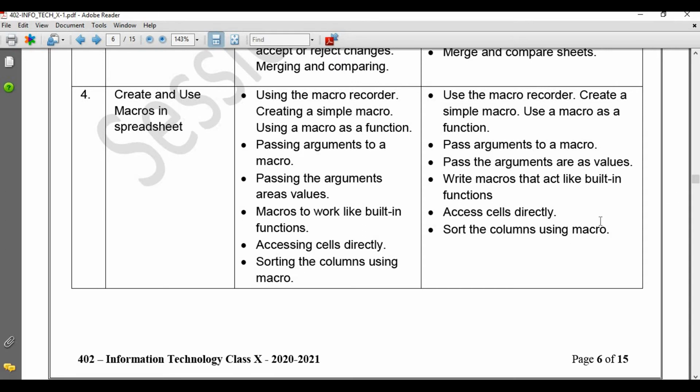But suppose anybody says, can you create a built-in function now? I say no. Why? Because to create a built-in function we need organization-level access or coding. Then only can we create a built-in function. Or after creating a built-in function, you have to add this function in the add-in files of Calc or spreadsheet software.